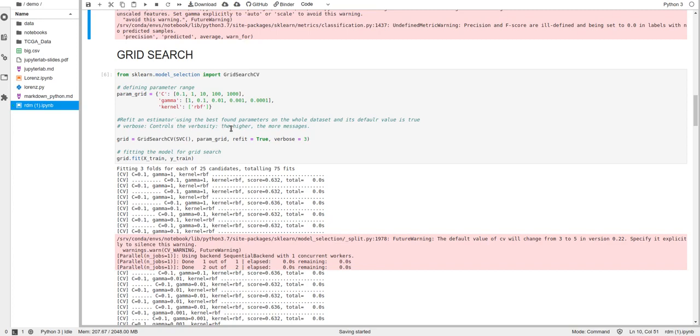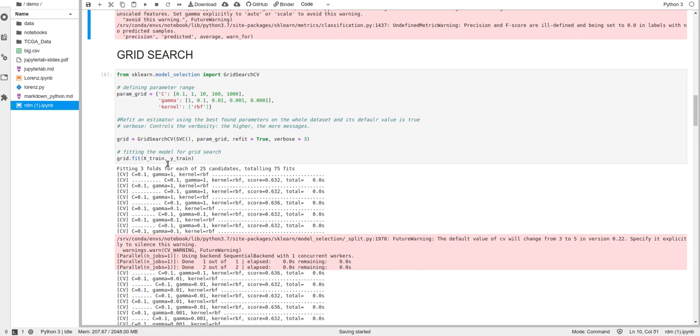And verbose controls the verbosity, it will give you more and more detailed messages. It depends upon the value 1, 2 or 3. If you set 1, then fewer messages, 2 more, and 3 even more, like this. Now we will train our model by using fit.